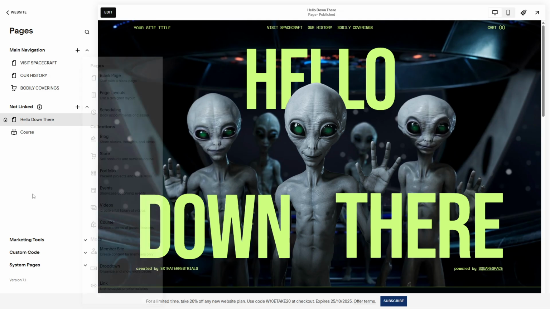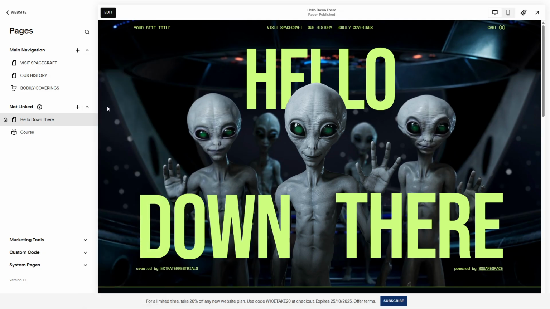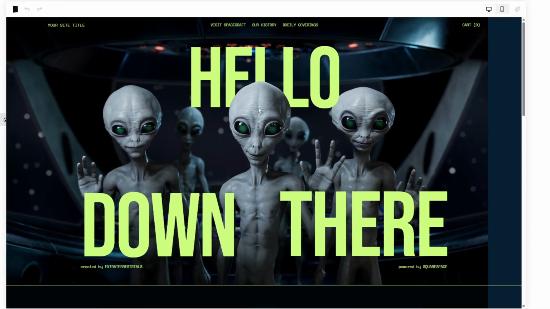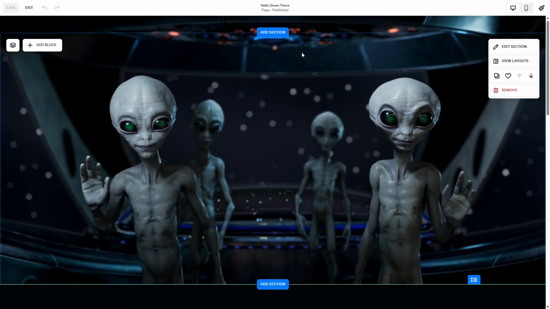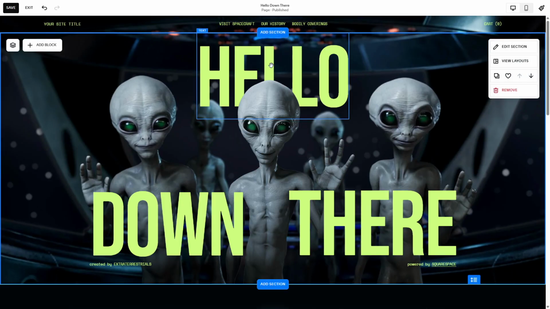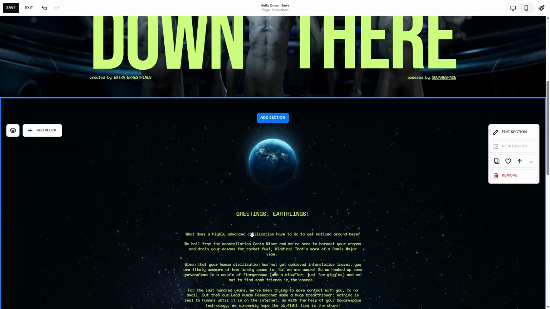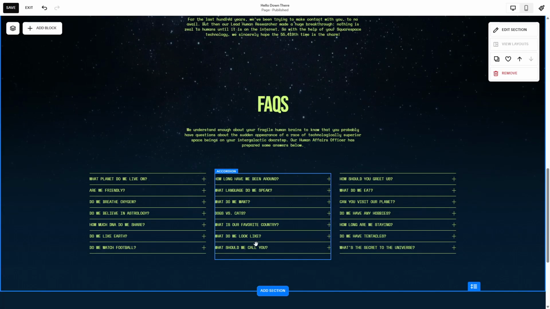Within these pages, you can add sections to better organize your content and use versatile blocks to incorporate text, images, and other necessary elements. Feeling stuck on what content to include? No worries. Squarespace's built-in AI tools are there to nudge you in the right direction with generating catchy headlines, product descriptions, and more. This step-by-step guide is designed to help you effortlessly create a professional website that meets your needs